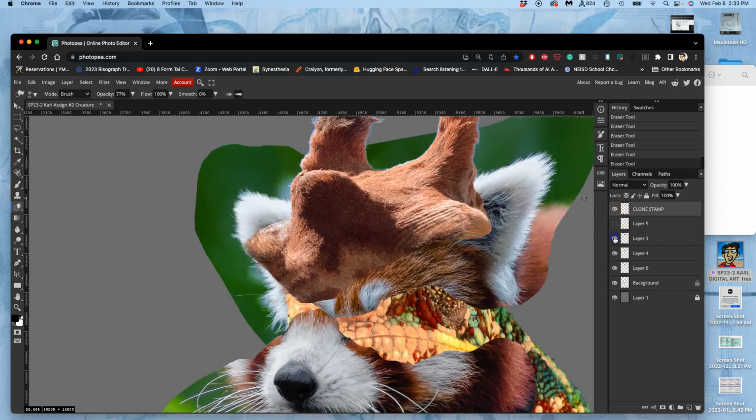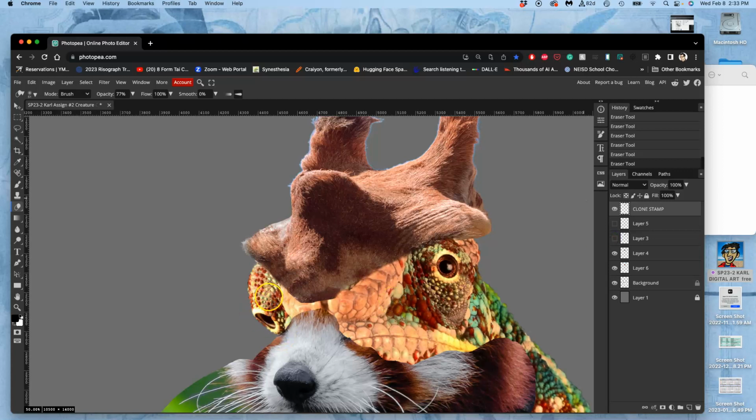So I could take that red panda layer, and I see the chameleon eye there. I could actually steal that chameleon eye. I think it's this layer. Yep. And internally composite it here. Take this big lump, because it's pretty cool. I love all this color and sharp defined texture. I can hit Command J, duplicate it, and then move that eye to where I think that would make a